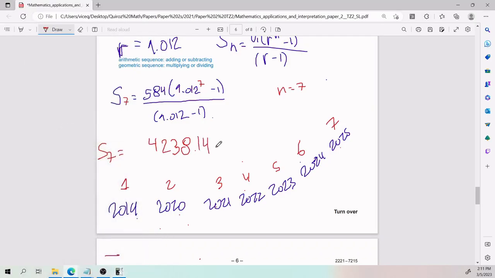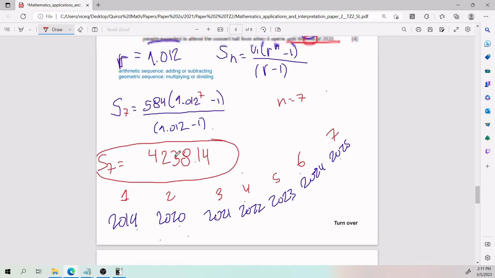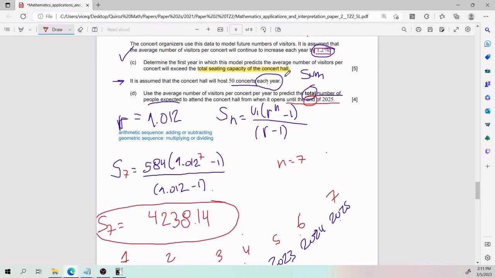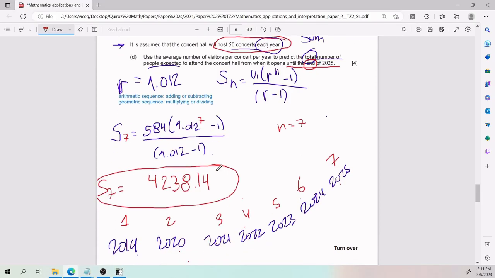4,238.14. And here I'm going to put it in a circle and not in a square because we're not done just yet. We're not done just yet because this number here is the average number of visitors, the people expected to attend the concert hall, one concert each year. But since we're talking about 50 concerts each year, I gotta take this number and multiply it by 50,